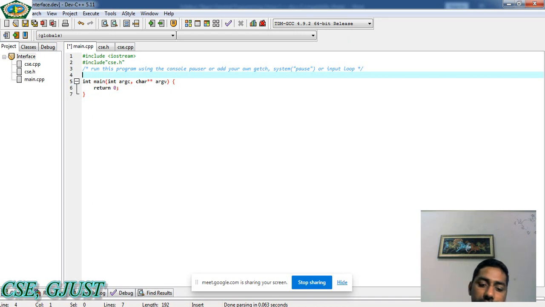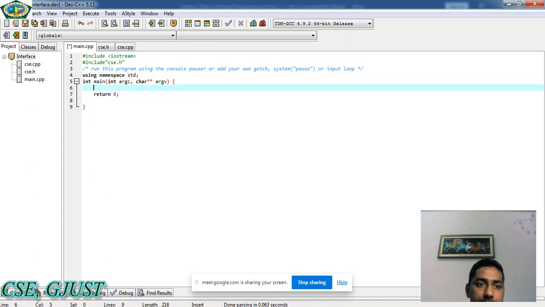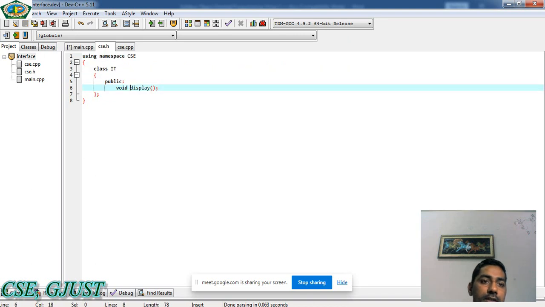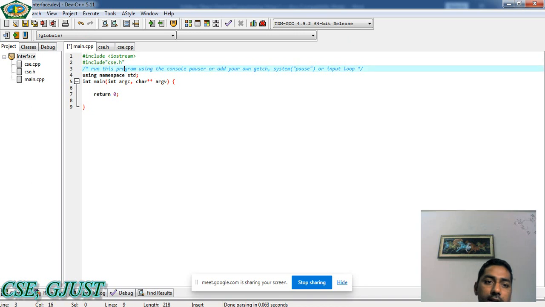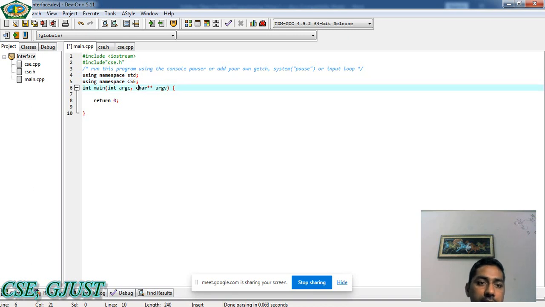And then we write using namespace std, and here we will create the object of the class. Which class? That class is available inside the CSC namespace, so I have to write again using namespace CSC, because our class is available inside namespace CSC.